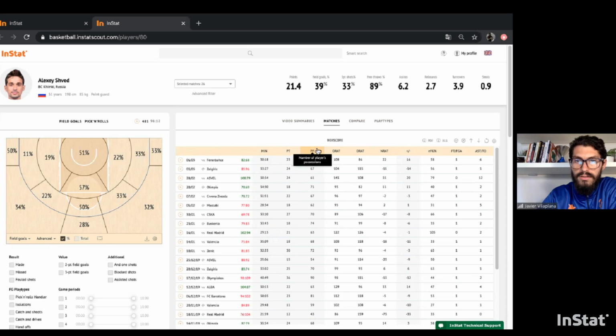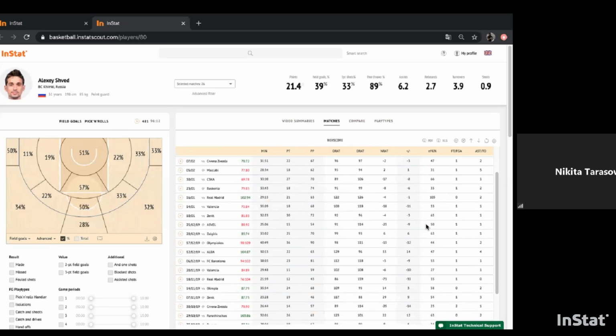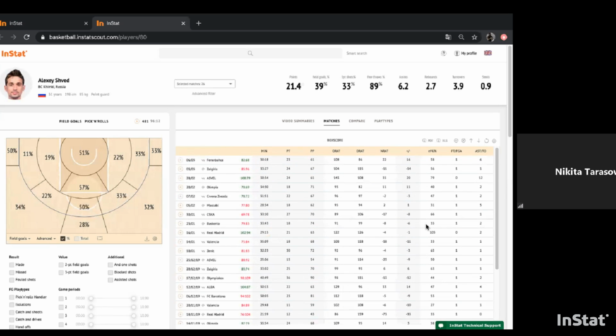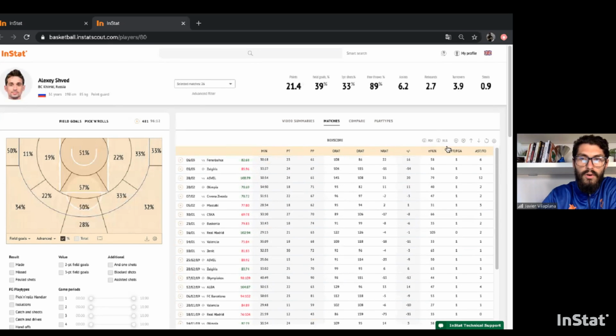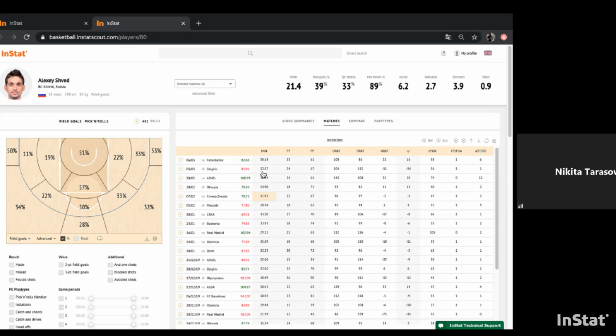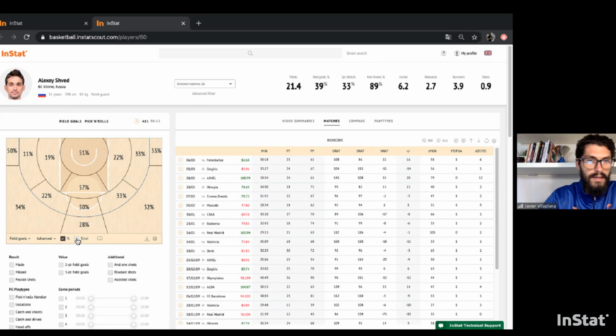X 61 number of possessions. The offensive rating, the defensive rating, the net rating, the plus minus, and from here we can have a deeper knowledge. I used to export this to Excel and try to do some stuff from the Excel, but keeping in the InStat, I go usually to the shooting chart, and I think